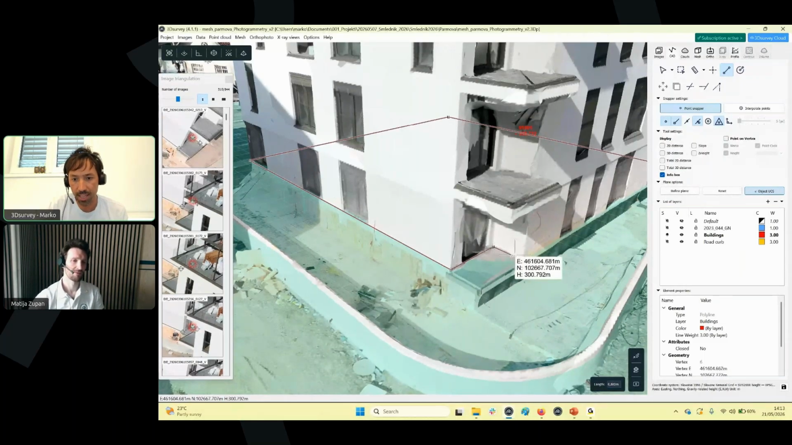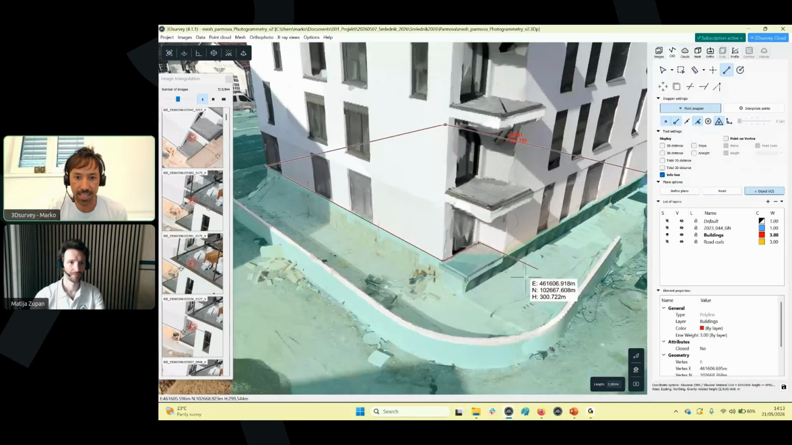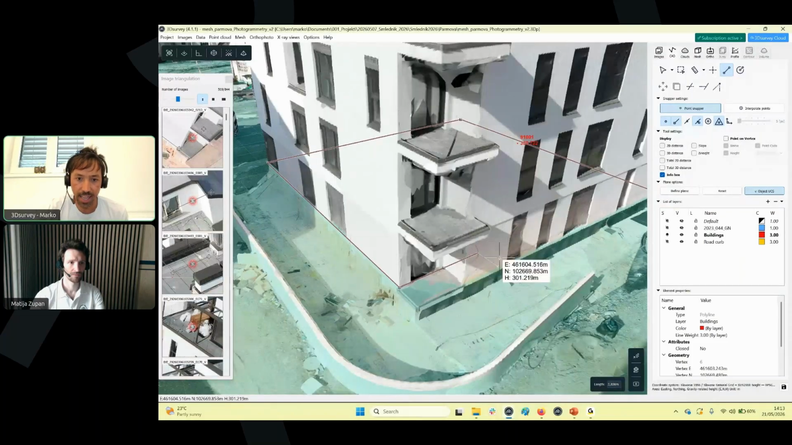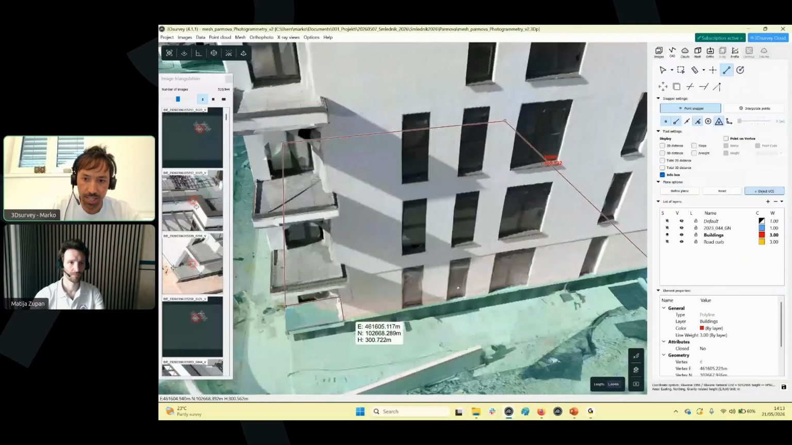So the length of the line you can see down here, in the lower right corner. So you can actually draw all the lines also with the distance input. This was released in a previous version, a super nice feature. And then next, what I can do, I can again extend this line to my building facade,